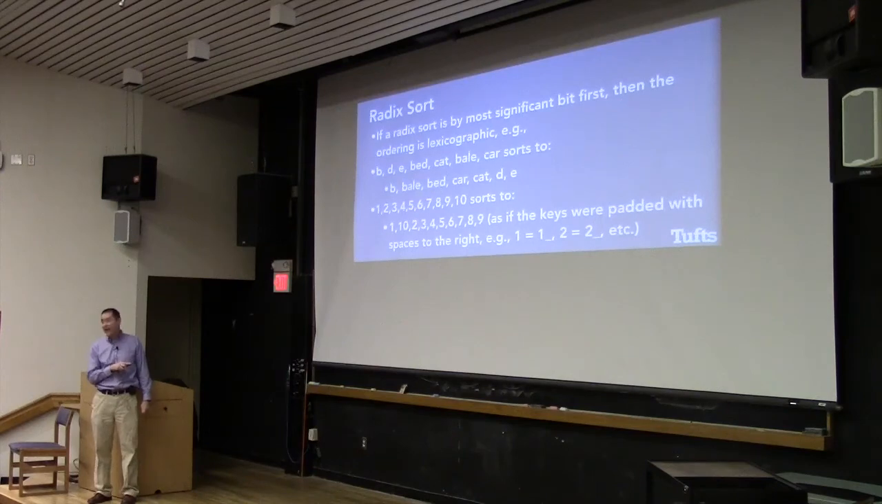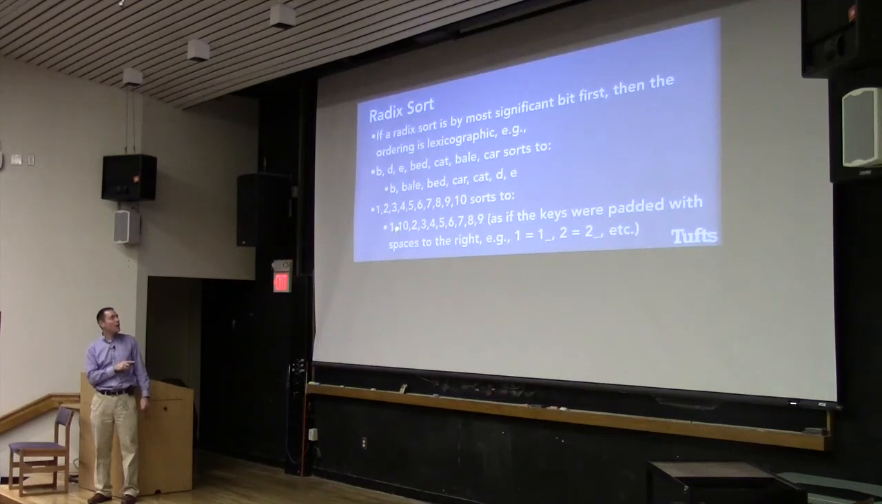Wouldn't bed come before bale? Because if you were thinking about bed being a number, it's shorter and therefore less than bale. This would, if you did the least significant bit, you would end up with bed and bale being reversed. OK? If you end up sorting numbers with the most significant digits first, what you do is it ends up